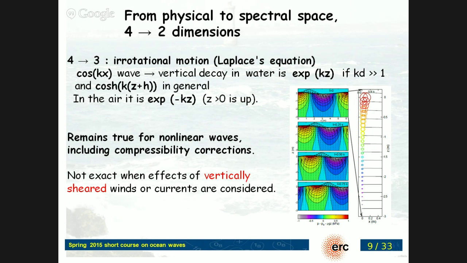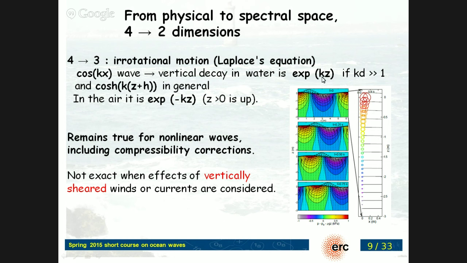We're only left with, from 4 dimensions in space and time, only 2 spatial dimensions and time, and the vertical dependence is actually fixed by the horizontal. So when you fix the horizontal variation with a wave number k, you're actually also fixing the vertical dependence, which is exponential. So that's for the water. So it's exponential in kz. So it decreases vertically as you go down, and the scale of decay is